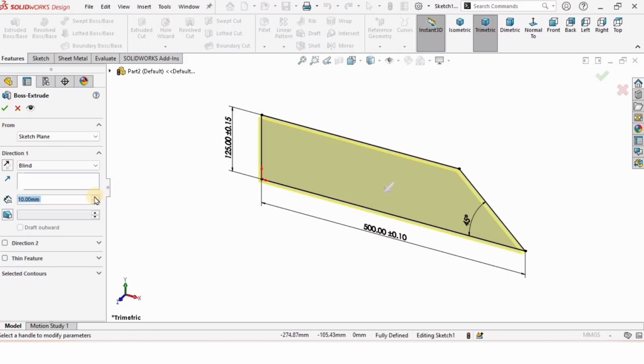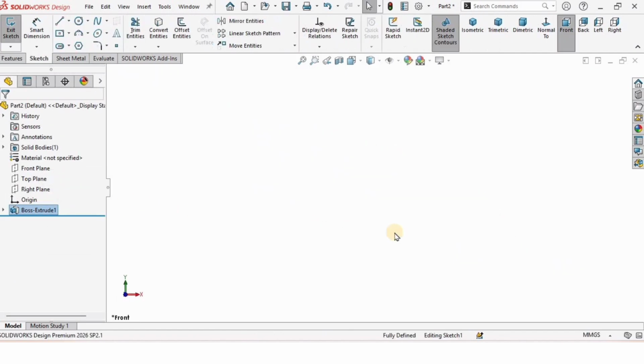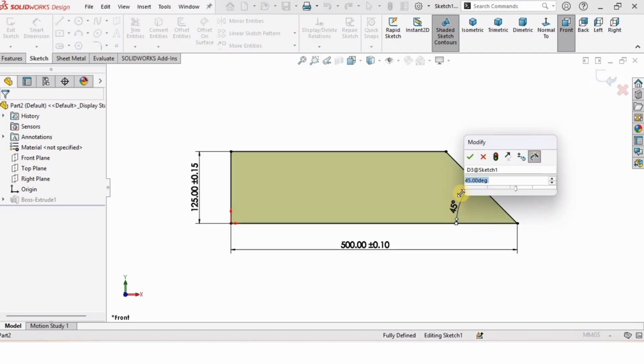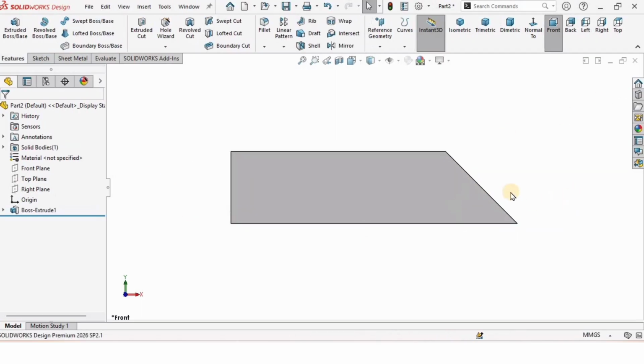and extrude it simply up to 30 millimeters, for example, and then I will check the box from here. Okay, if you want to edit the sketch, you can edit it like this. You can go back to the sketch. If you want to change any dimension, you can change it from here, and after that you need to exit